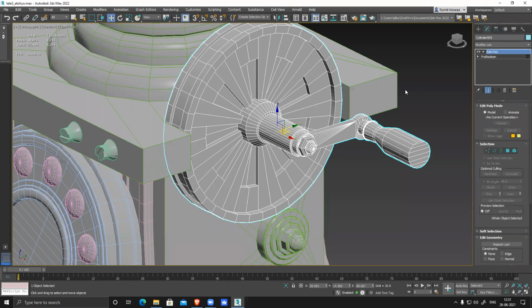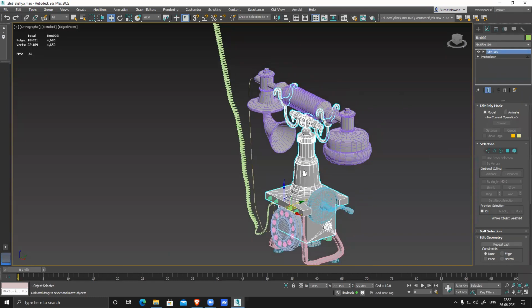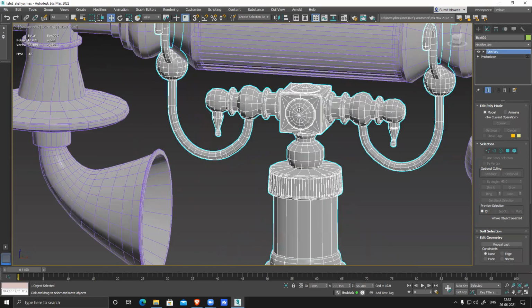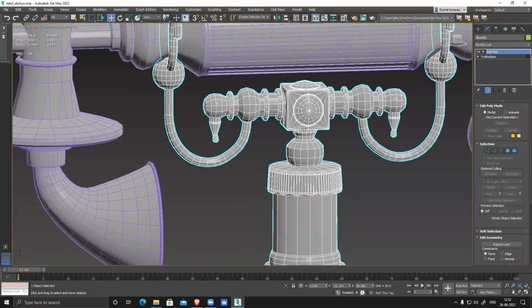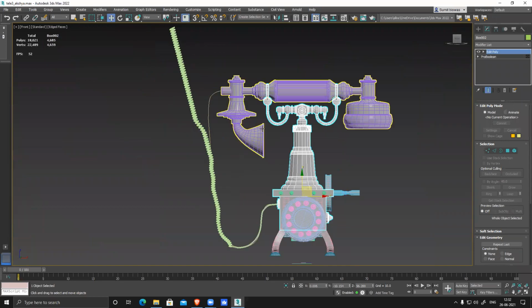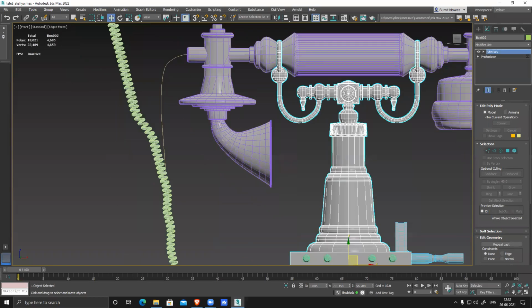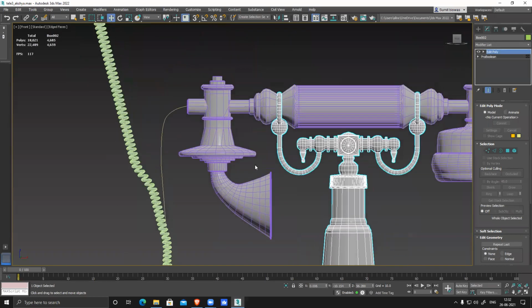So reduce it. Like this is absolutely fine. Something like this. This is just way too dense. This is very low poly, so this cannot be this high poly. So this is nice, fine, and clean. This is also clean. Okay, let's see.